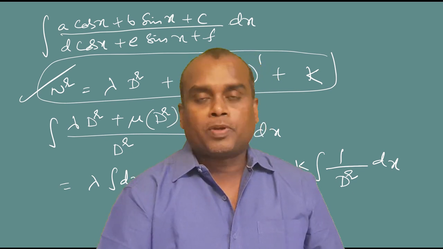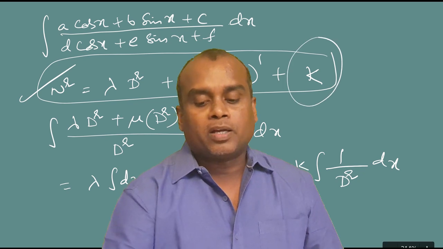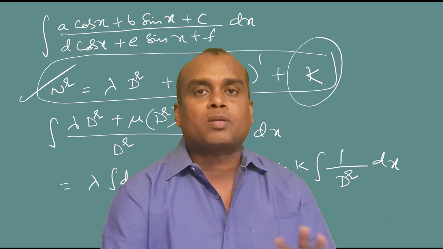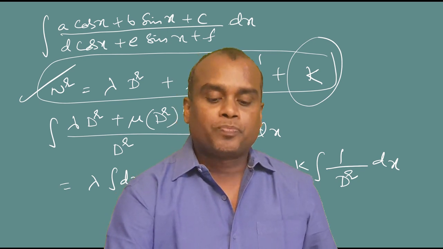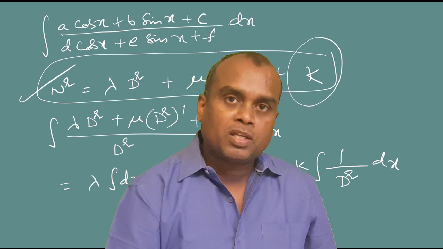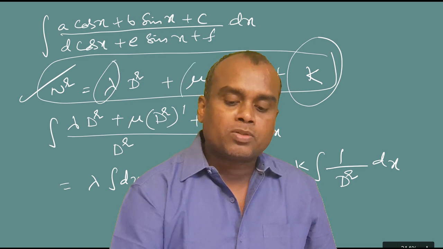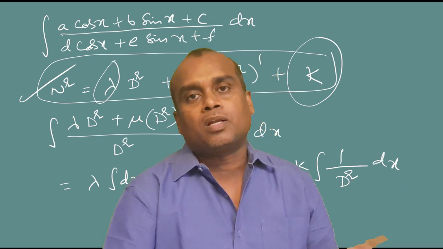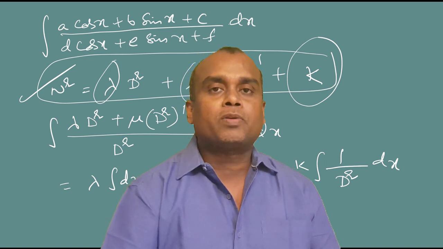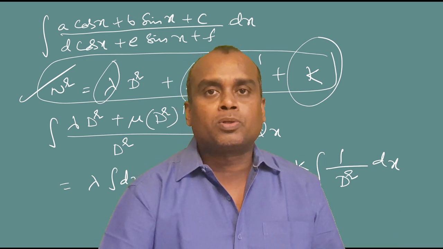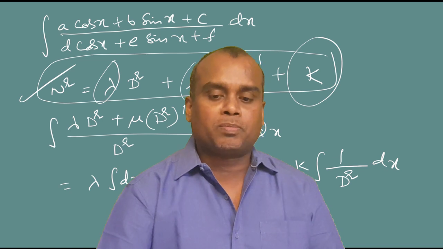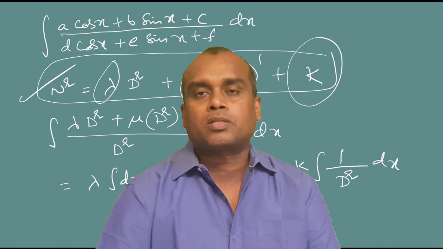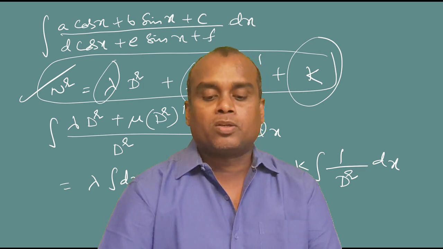Like if anybody is thinking how to find the extra constant k there, we simply compare the constants on both the sides, we will get the constant value. And the way we have seen in the previous problem, to get the values of lambda and mu, we compare the coefficients of cos x and sin x. You will get two equations, we solve them for the lambda and mu the way we have seen in the previous problem. And to get the constant, you simply compare constants on both the sides, you will get your constant.